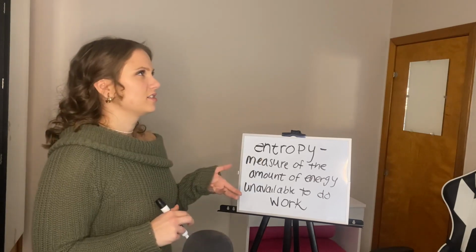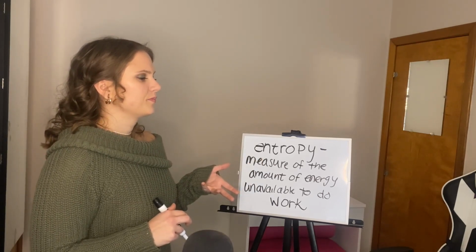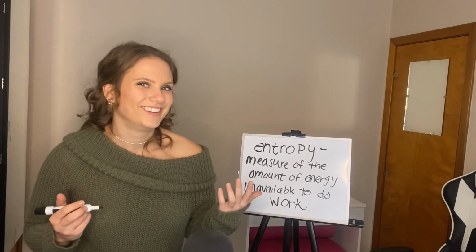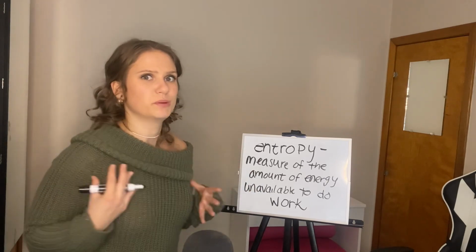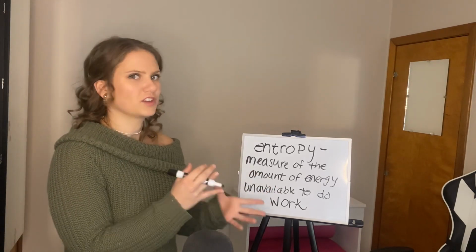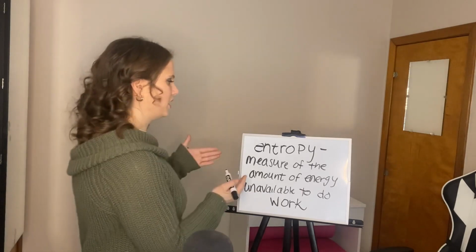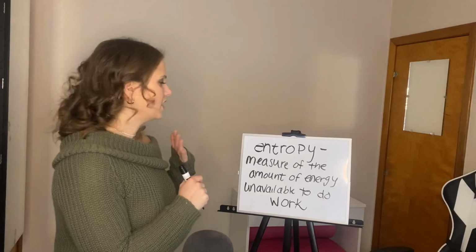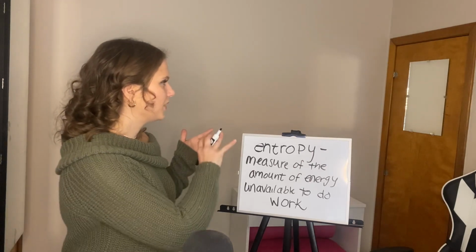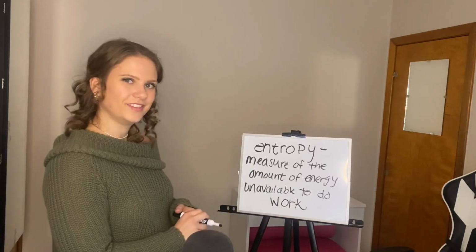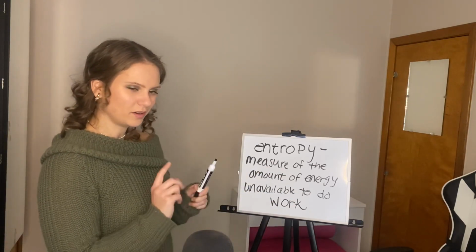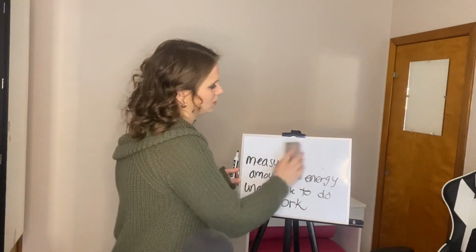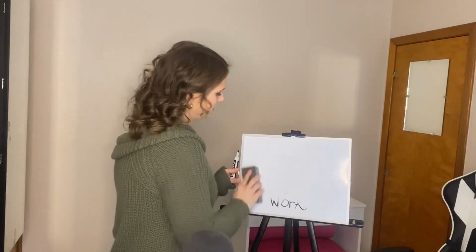You have an object, for example, where in a perfect world, all of its amount of energy would be able to do work. But there's losses, there's entropy, there's the amount of randomness, the amount of uncertainty, where there's energy that does not get transferred into work. Okay? Leave that up there, okay? Now we're going to define something else.